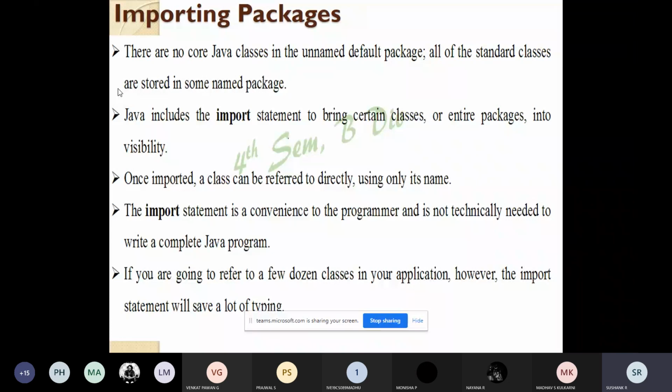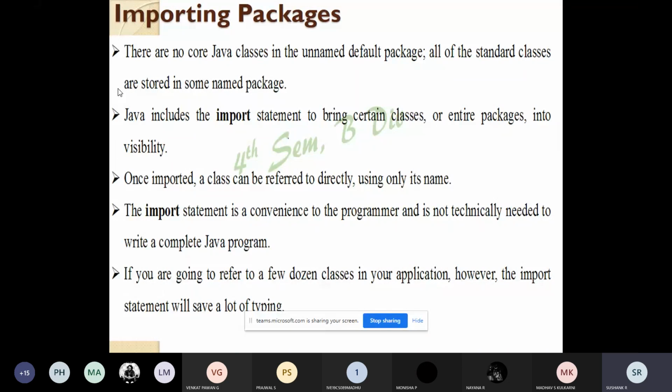Now we'll talk about how to import packages, how to use the variables in interfaces, how to use nested interfaces, all these things. These will act as a few variants, or a few cases. You know the basics, and now we'll look into what additional things you should know about packages.